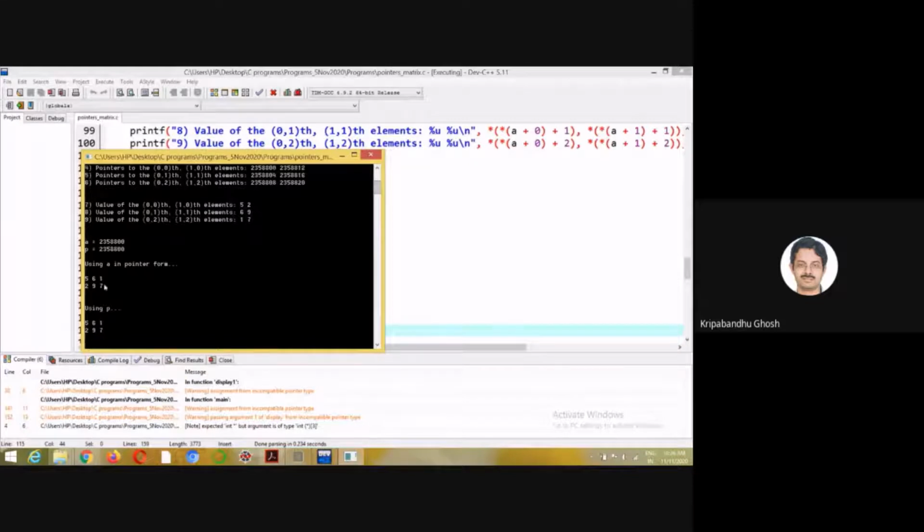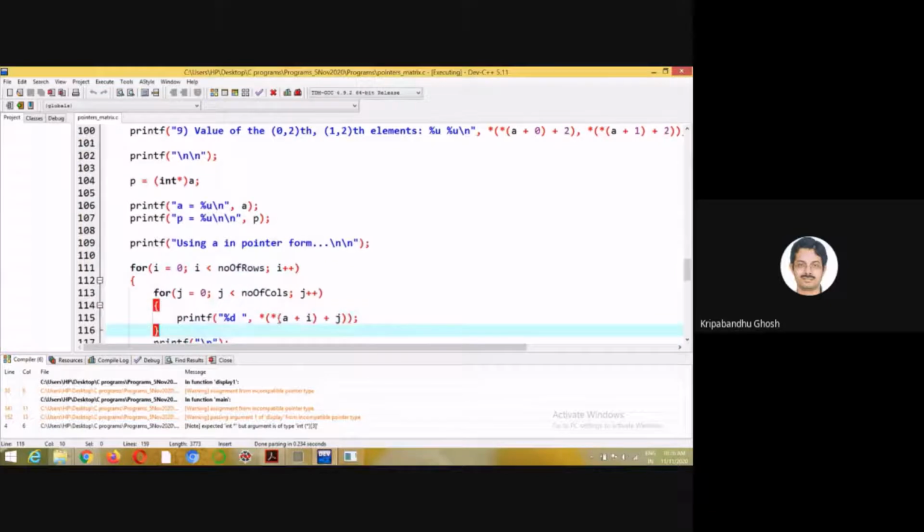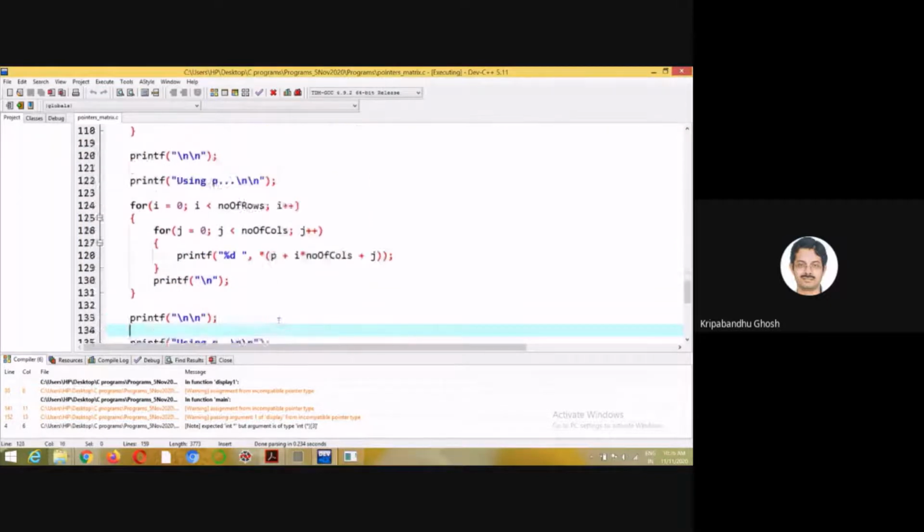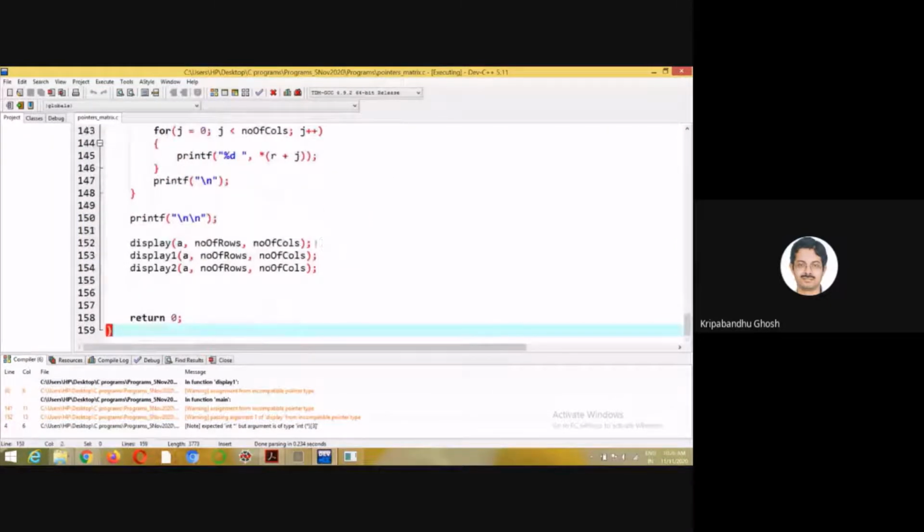So we have printed it in pointer form. That's the way it is. And there are other ways of doing it, but before going there, one primary reason why we are doing all this is we want to pass the matrix to a function, right?